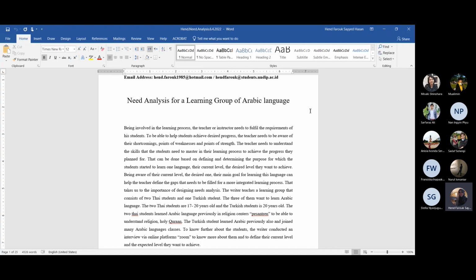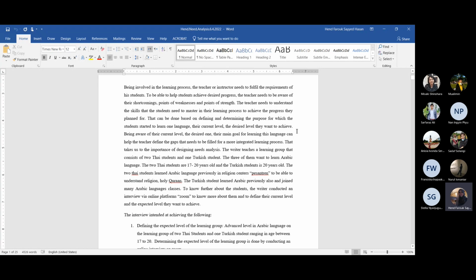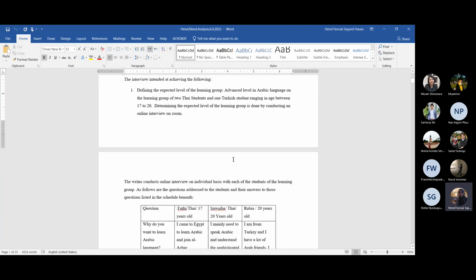The two Thai students learned the Arabic language previously in a religious center or pesantren to be able to understand religion and the Holy Quran, and the Turkish student also learned Arabic previously and joined many Arabic language classes. To know further about the students, the writer, me, conducted an interview via an online platform, Zoom, to define their current level and the expected level that they want to achieve. The interview aimed mainly at defining the expected level of the learning group, advanced level in the Arabic language. The level was as follows: